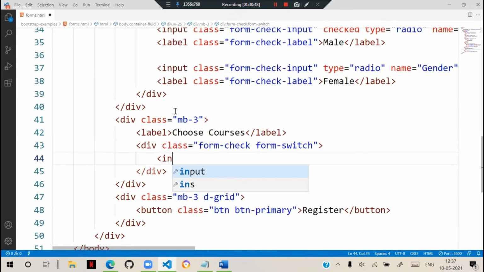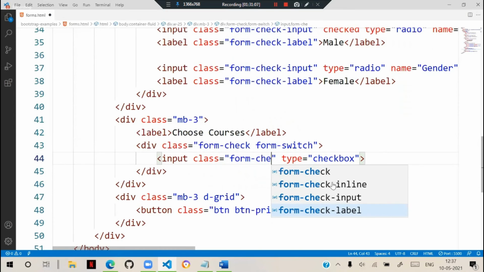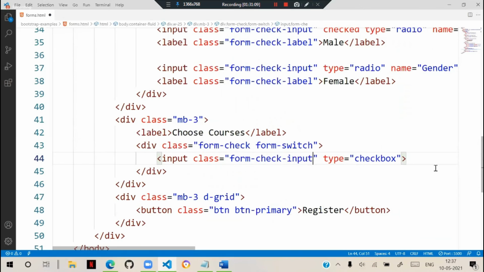In that we have input type is equal to checkbox. Checkbox means the user can check and uncheck. For this we use the class form-check-input, which is the same for everyone, for radio and checkboxes.